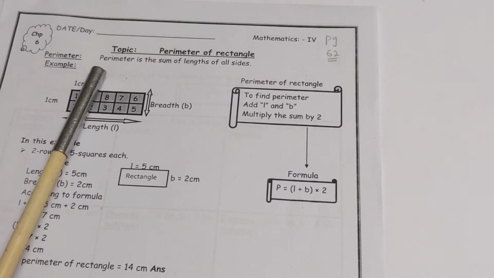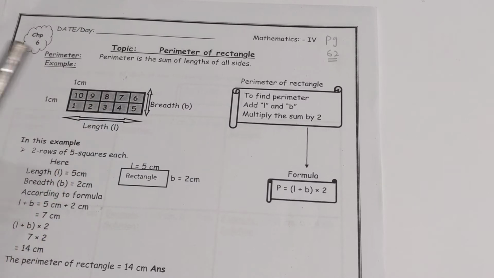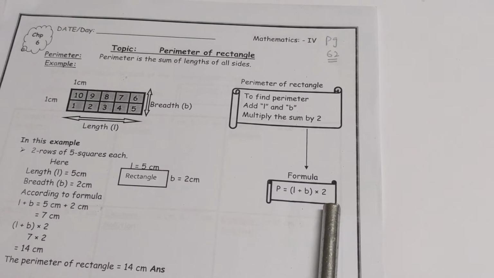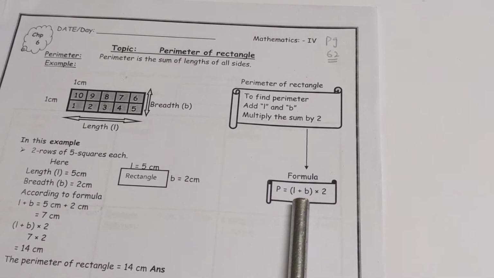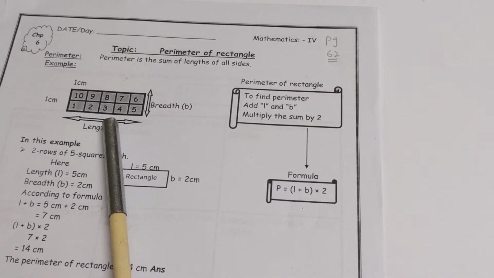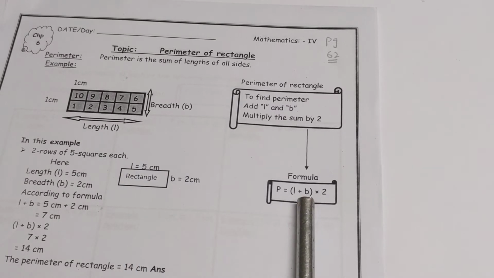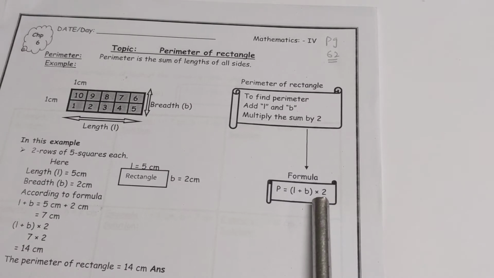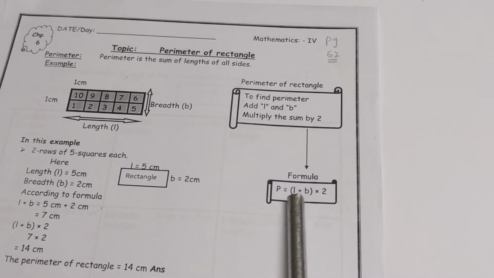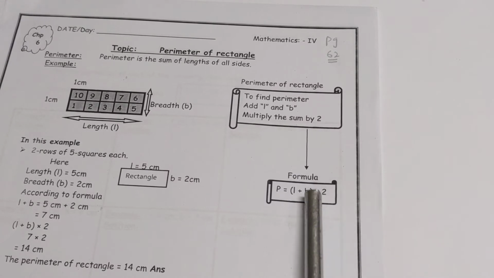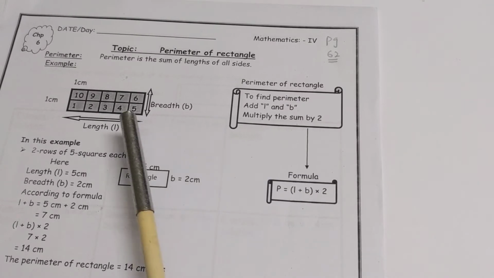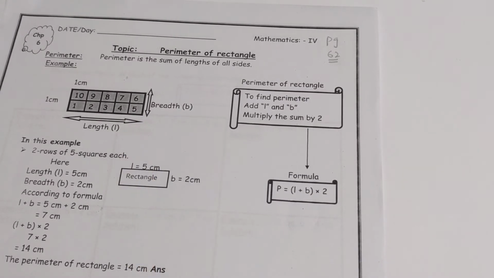How to find the perimeter of the rectangle? To find the perimeter of the rectangle, there is a formula: length plus breadth multiplied by 2. Why am I using length plus breadth one time? Because opposite sides of the rectangle are equal, and to change this length plus breadth into double for the opposite sides, we use 2. We will multiply it by 2 to double the length and breadth. What is the purpose of this 2 with the multiplication? Just to double this length and breadth because opposite sides are equal.